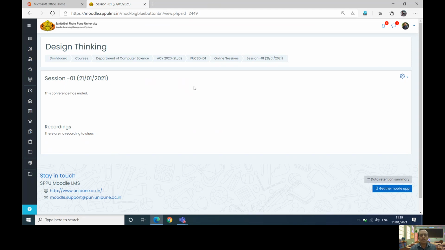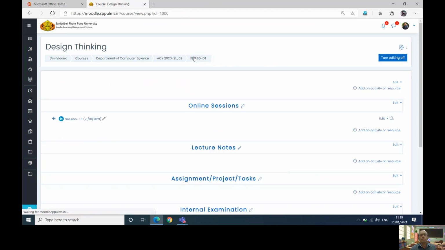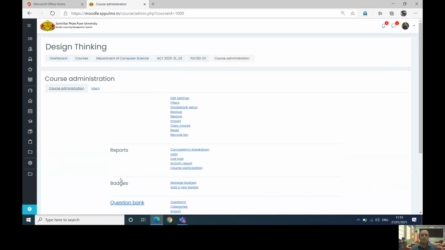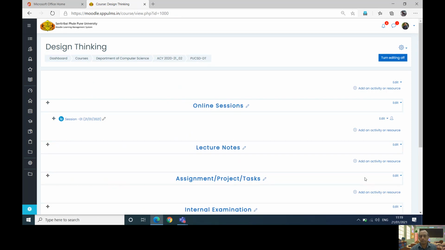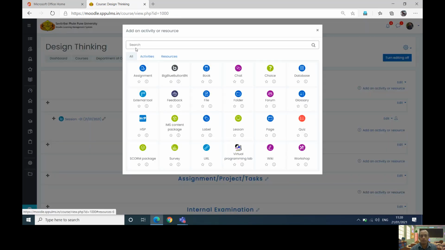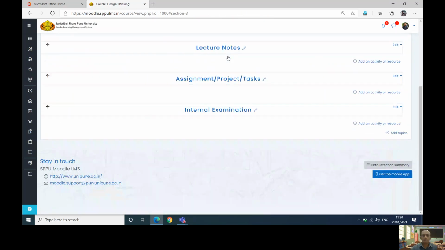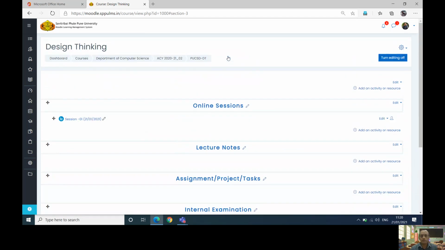Fine. Rest of the things, I assume most of you already know, like how to add things and so on. Adding questions is also very easy, the way we saw earlier. You can go to question bank and so on. Adding lecture notes, adding assignments, it is the same thing as what we did earlier. If I go and say, for example, add assignment, I will be able to add an assignment. Some of the UI elements are not changed; they are kept as is. The only thing is we added a few API integrations. So this is how it works.